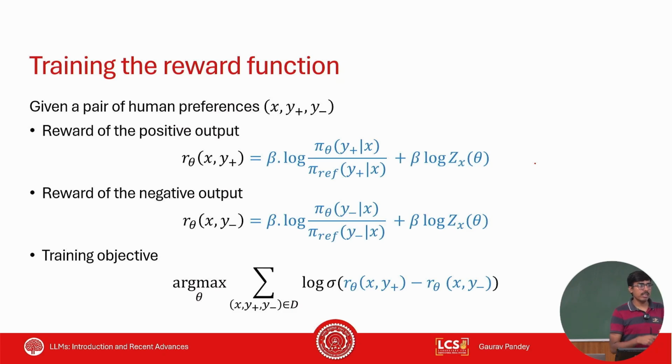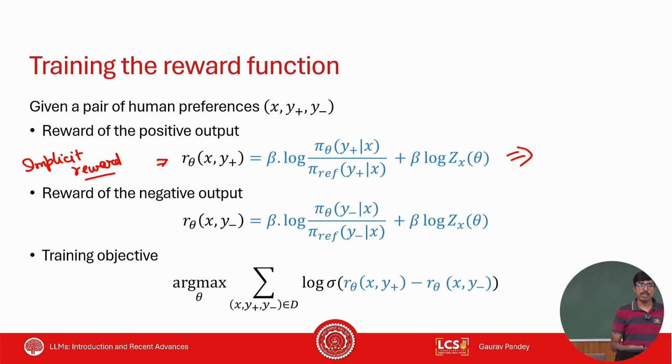You compute this reward, this log probability ratio reward for the positive. So if you have a preferred response and a rejected response, compute this log probability ratio for the preferred response. We'll call this the implicit reward of the preferred response. It is also called an implicit reward because you are computing it using a policy. So compute the implicit reward of the preferred response, compute the implicit reward of the rejected response, and then